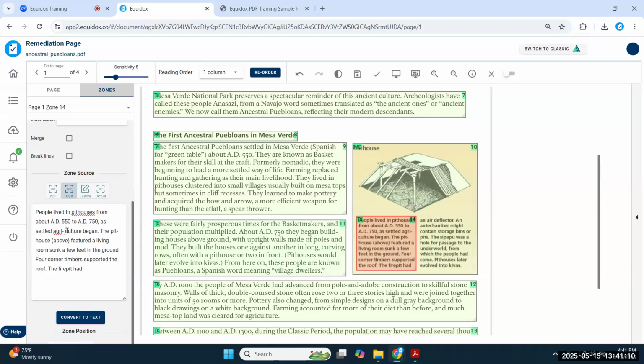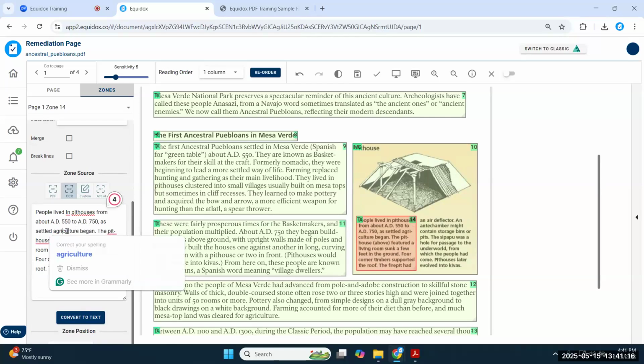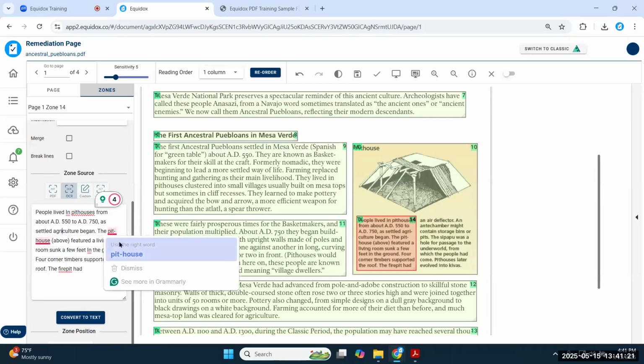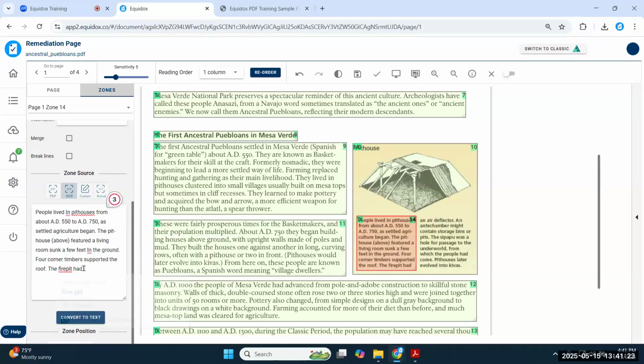And I'm also able to correct my result. For example, the word agriculture happens to be hyphenated, so I can fix that. I have Grammarly installed. Grammarly is very picky, of course, about writing styles, so it doesn't really agree with the author here, but you can adjust and correct your result as much as you'd like. You can even add to it or enhance it with any other information you'd like.